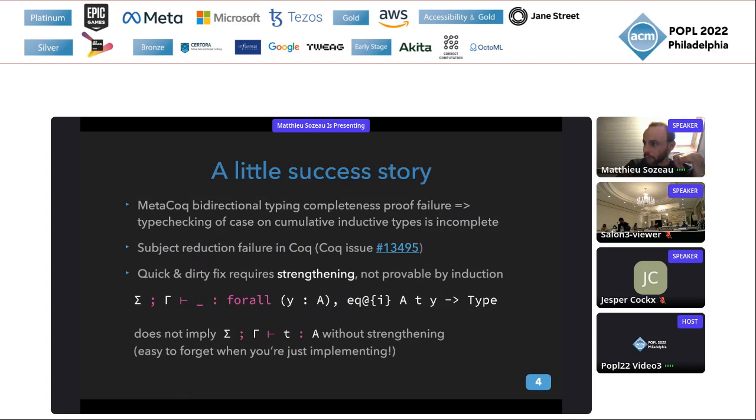We tried to give a quick and dirty fix to this issue, but if we had implemented this fix in the type-checking algorithm, we would have needed to use strengthening to prove our meta-theoretic properties on this fixed version, which would be complete, but only if the theory itself admitted strengthening, which is a property that tells you that